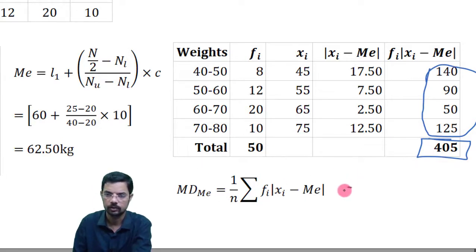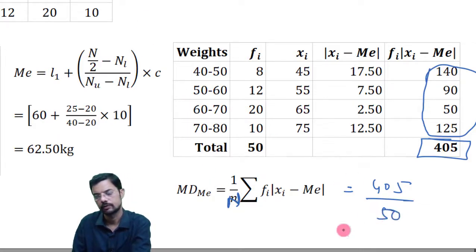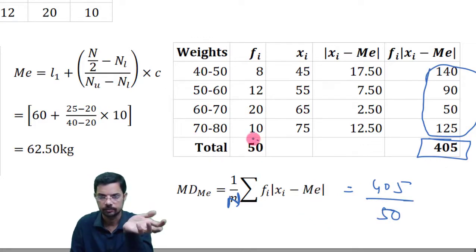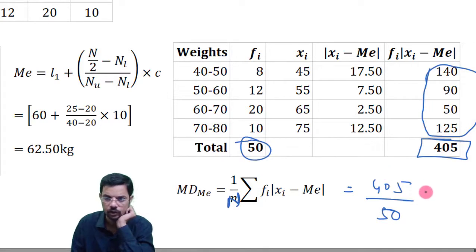This is divided by capital N. What is capital N in this case? Capital N was 50, the sum of frequencies. So 405 divided by 50 will be equal to